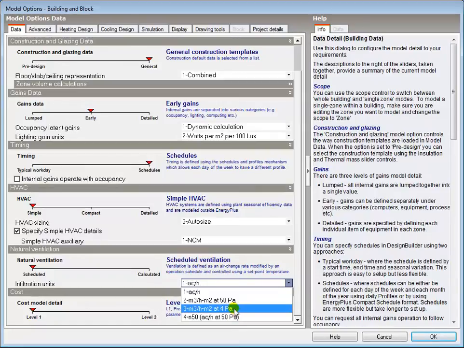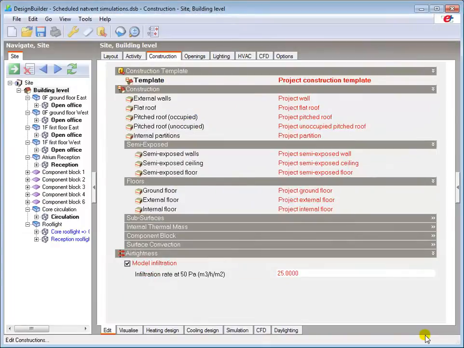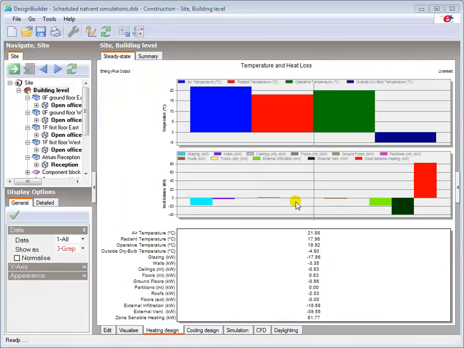I'll select the Q50 option and then go back to the Construction tab, where you can see that the infiltration rate is now defined in those units. This value can be set by you, or alternatively you can switch infiltration off entirely. This should be done with caution, as it can have a big impact on results, particularly when modelling older, less airtight buildings. Here, for example, is the heating design calculation with infiltration switched on,